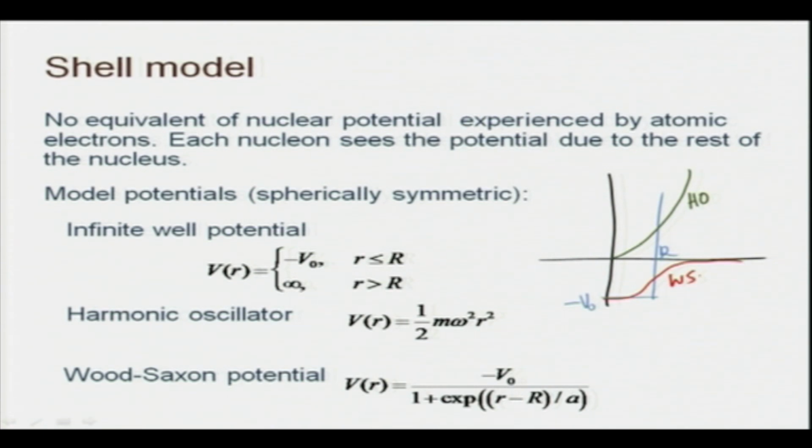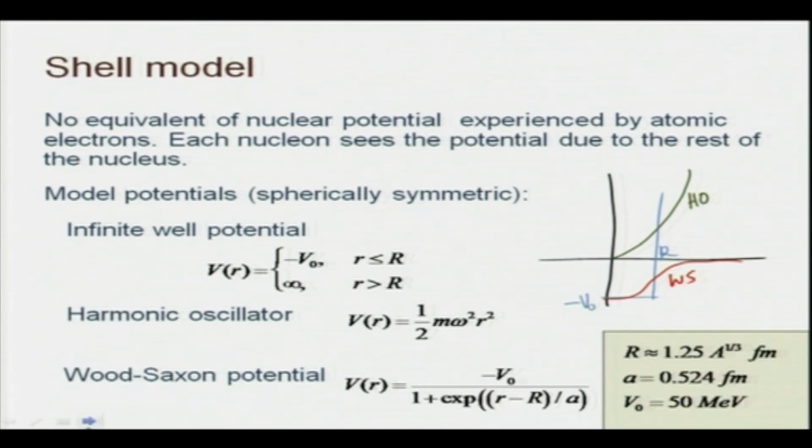It is a smooth transition, not abrupt like that. So, that is slightly better than the infinite square well potential. Okay. And there are two parameters here, one is V 0, the other is A, and of course, the radius itself we know can be considered to be 1.25 times the third root of the mass number in Fermis, of course, 1.25 Fermi A power 1 over 3, and the other parameters V 0 and A are